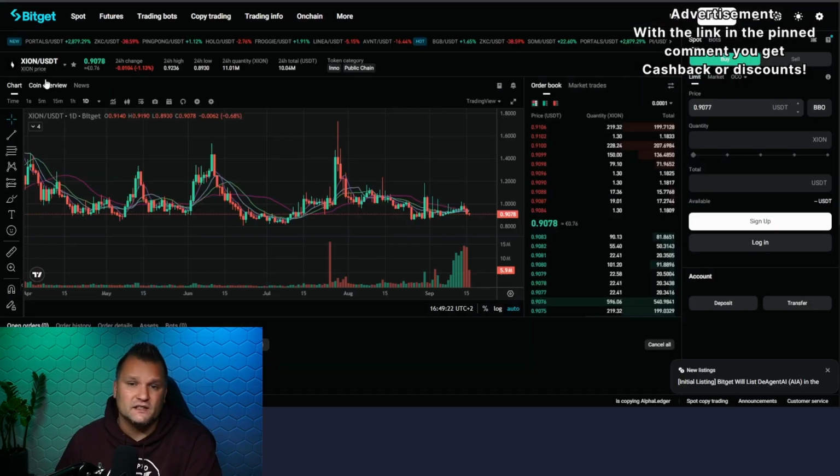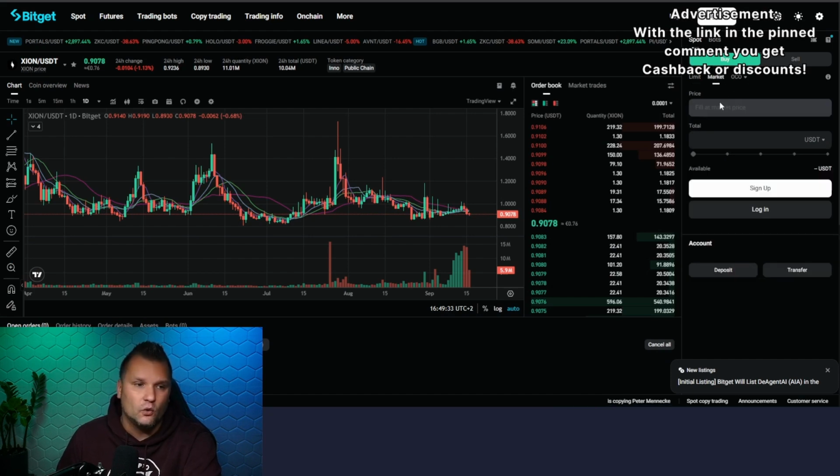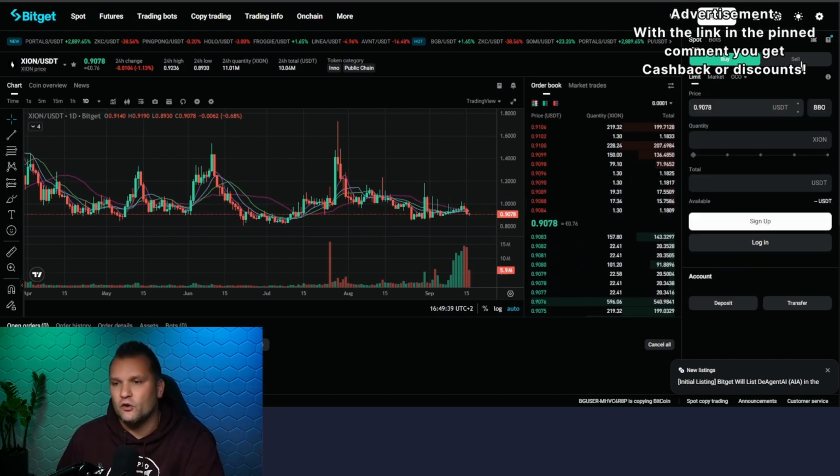And then you can easily swap XION for USDC here or vice versa. Buy. All of this is done in spot trading. You can do this either via a limit order, meaning you set your own price, or a market order, which buys at the current lowest price in the order book. It's really easy to buy, and of course, you can also sell again on the exchange.